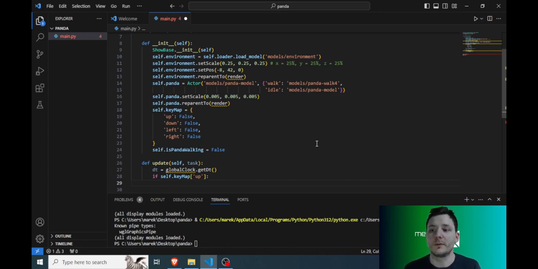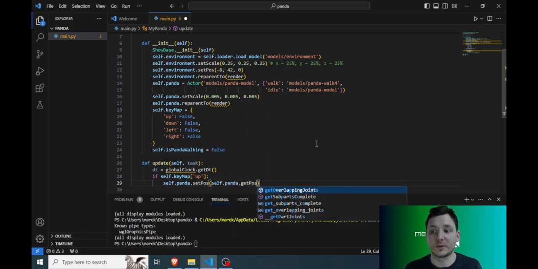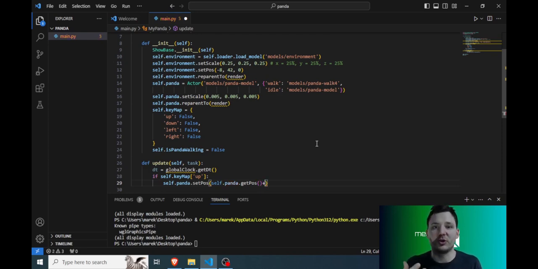So what we will do, we will call the self Panda variable, and we will set a new position, set position. And what we want now is basically we want to give it the current position where the Panda is at the moment, at that very moment, but we want to slightly change it. So we will just give it self Panda get position, and we will supply it with a new position that is slightly different, vector 3,